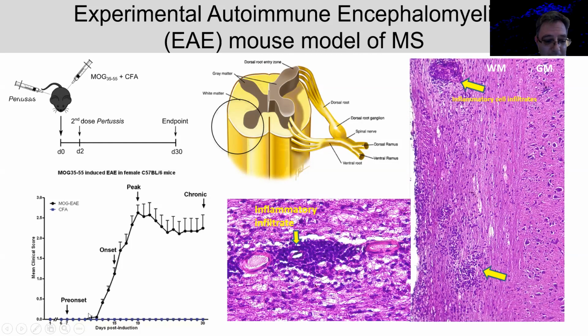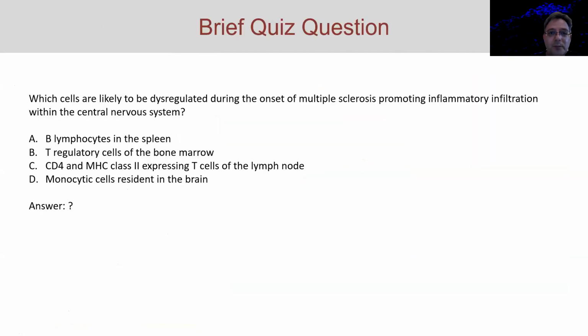So anywhere between 7 to 10 days, we get induction and onset of disease right through to the peak stage of disease that occurs around the 16 to 22 day period, and that's stabilized right through to chronicity, where we see a lot of those glial scar outcomes. Of course, it's an ascending paralysis, and it's a perfect model to test a lot of drugs to abrogate the